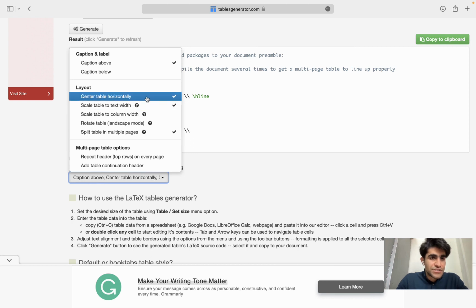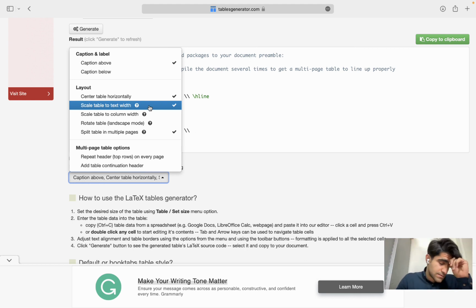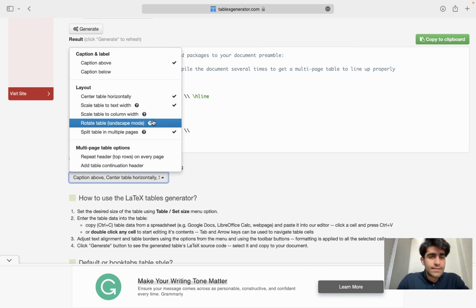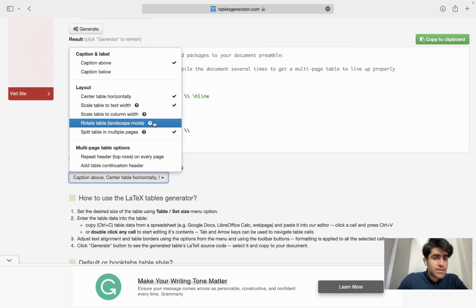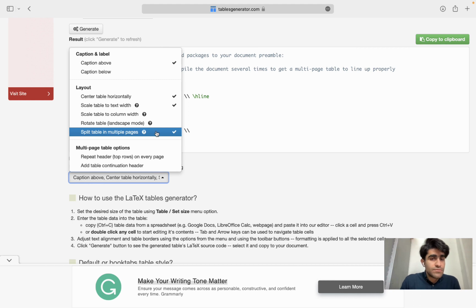You can change the layout, for example, center your table horizontally, scale tables to the text widths that I was talking about with resize box command. You can scale tables to column widths. If you have, for example, a 2-column page or 3-column page, you can scale your table into the column width. After that, you can rotate your table, for example, for large tables, and you can split your tables into multiple